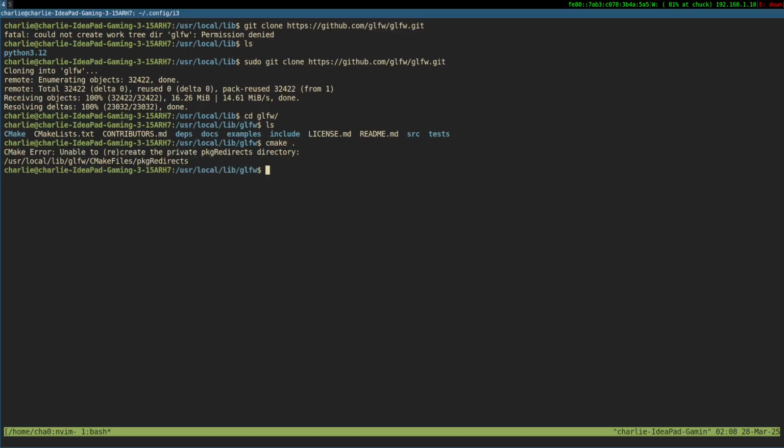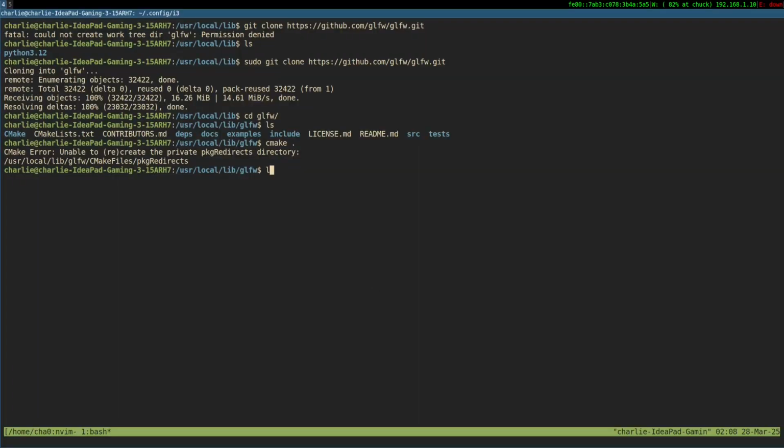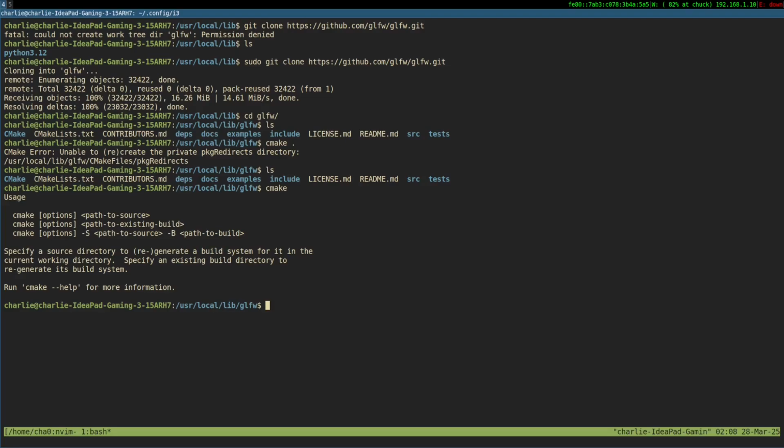cmake . Unable to recreate the package directories. Why? cd glfw, cmake. Usage: cmake options path. ls.